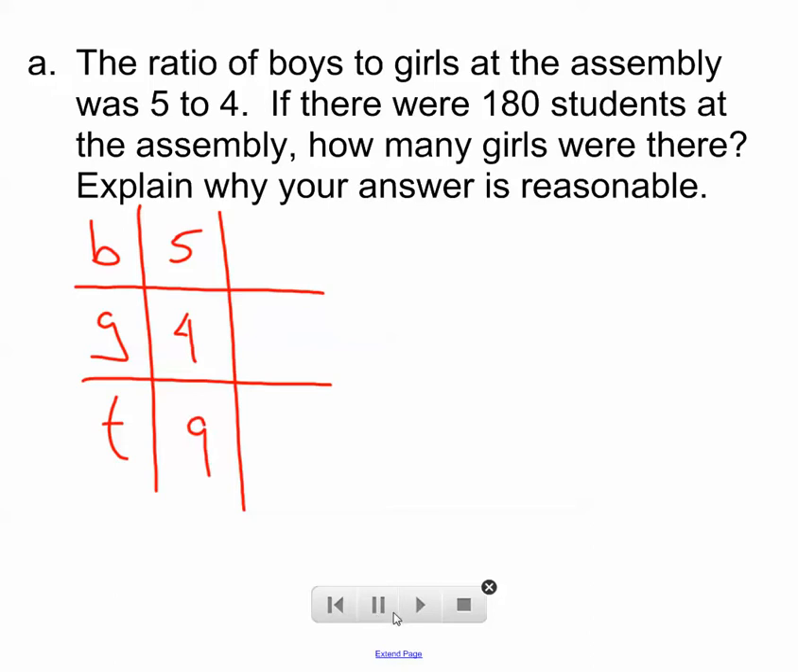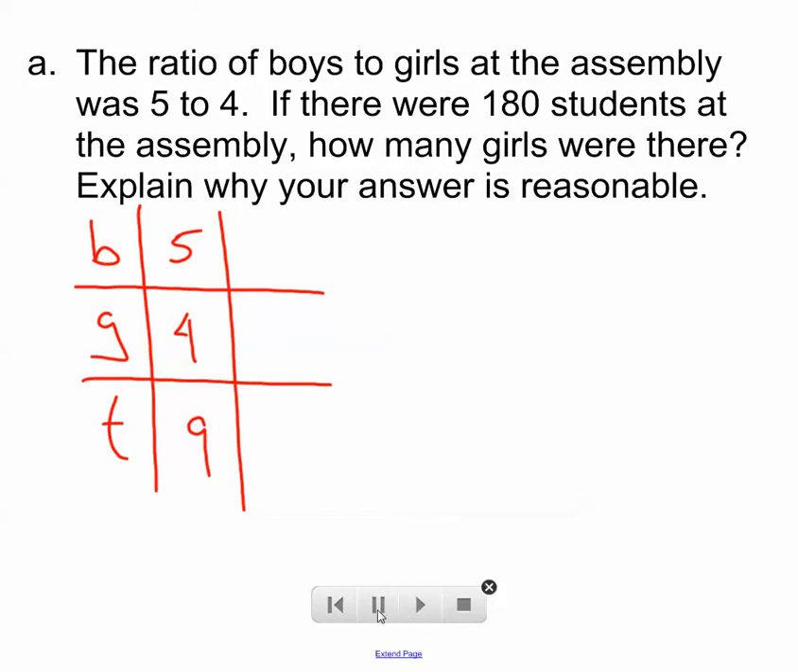Okay, so the total between them is 9. So for every 5 boys, there's 9 students. For every 4 girls, there's 9 students. If it's a 5 to 4 ratio of boys to girls, then the total between them is 9. You just add the two numbers. So we're just adding an extra row here. Okay. Now the next piece of information they give me is if there were 180 students at the assembly, and